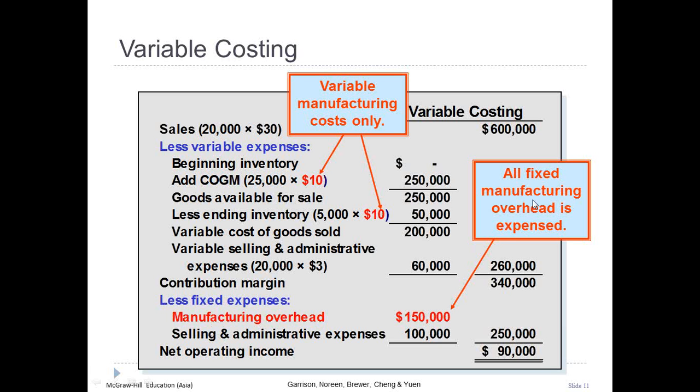Manufacturing overhead, all manufacturing overhead is expensed, all of it. And selling and administrative expenses, $100,000. $250,000 is the sum of these two, and we take that away from the contribution margin, which gives us a net operating income of $90,000. And what was it in the